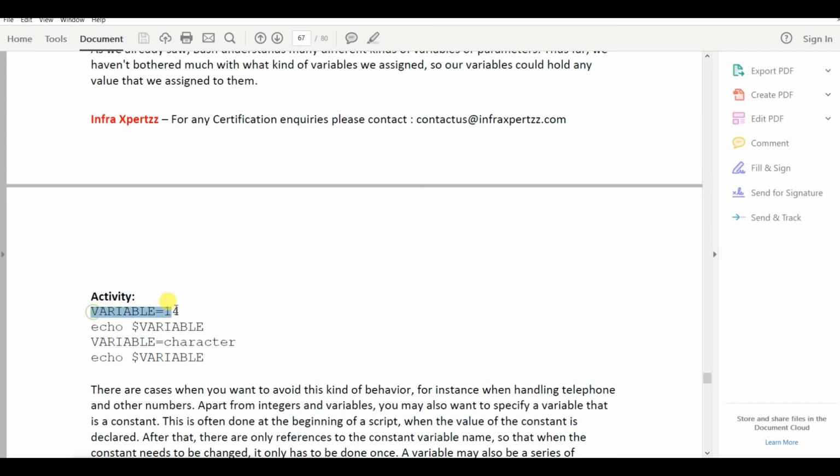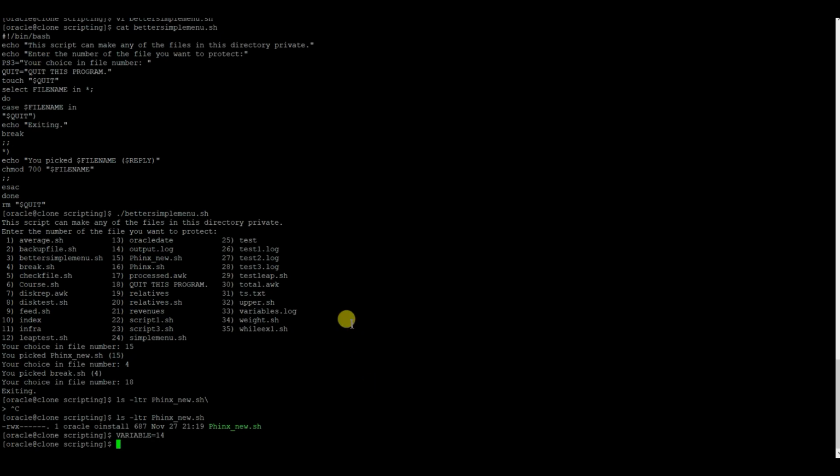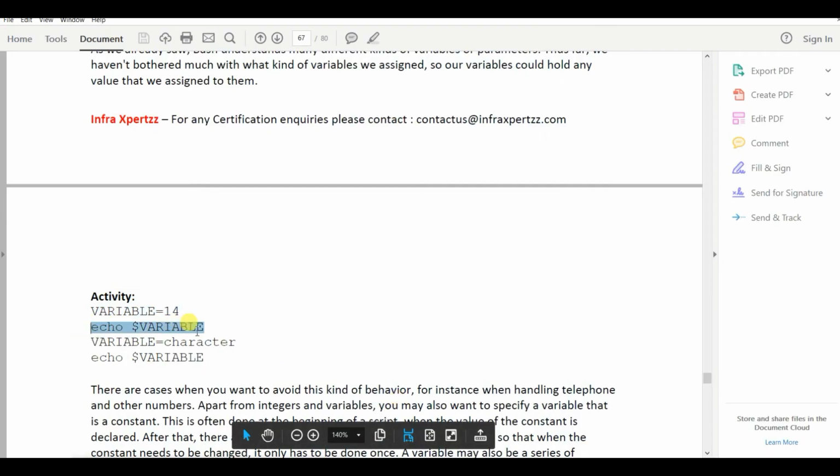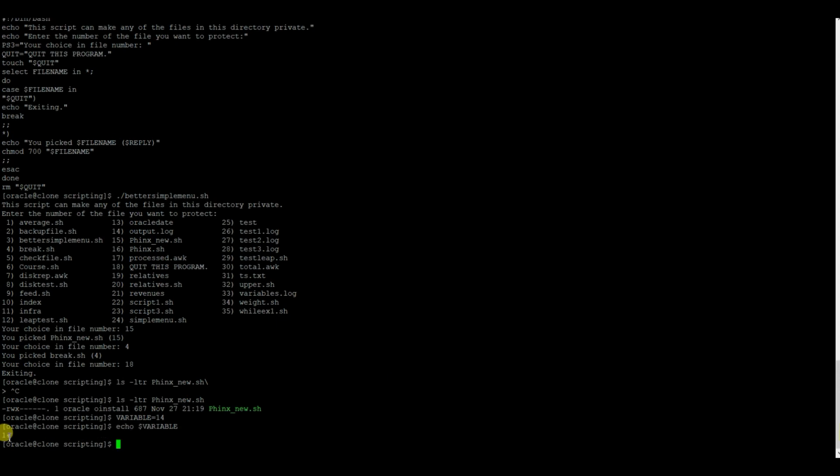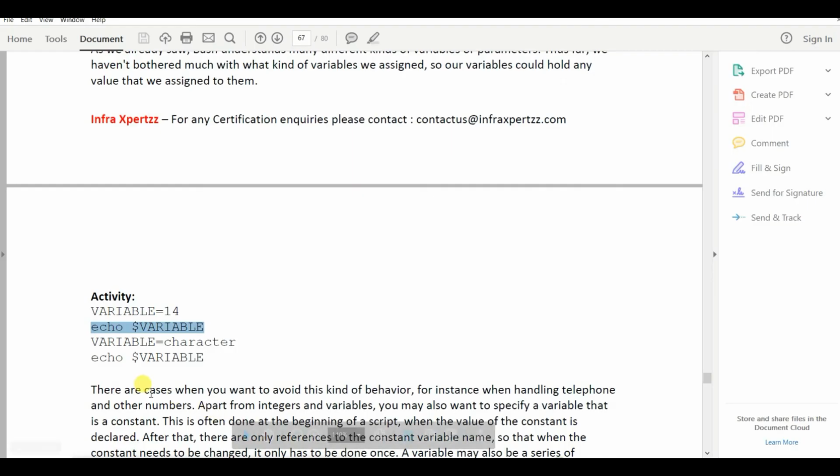So in this activity, let me take this variable and paste it in here. So currently my variable is 14. And if I do echo dollar variable, then 14 is displayed. Similarly, I am changing this to variable as character.